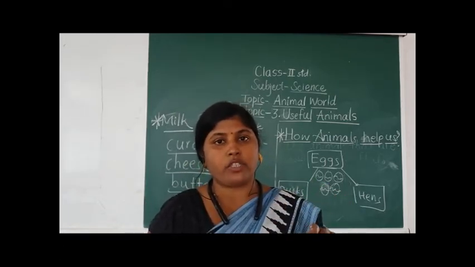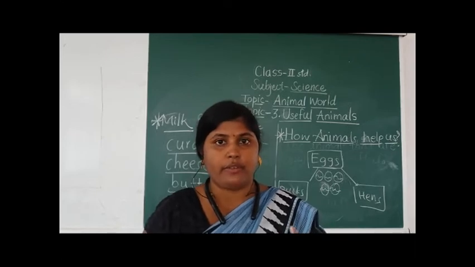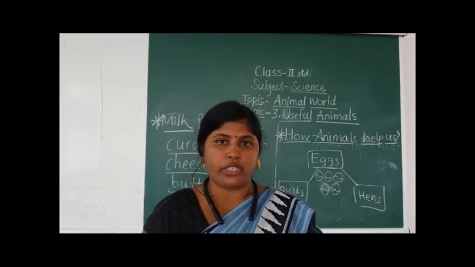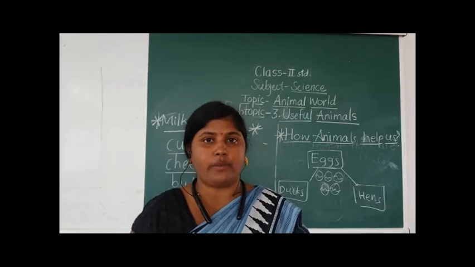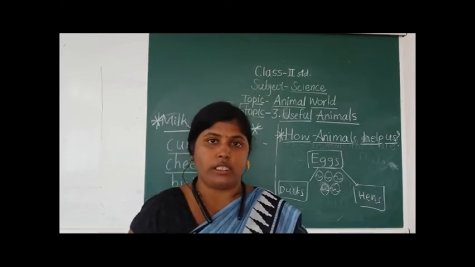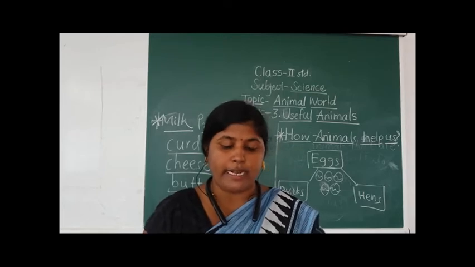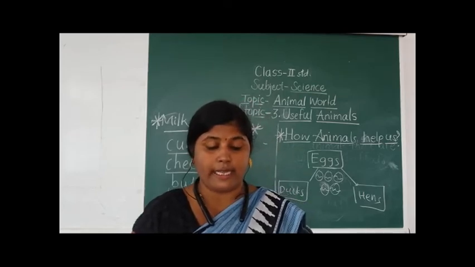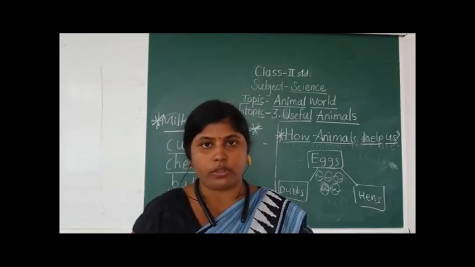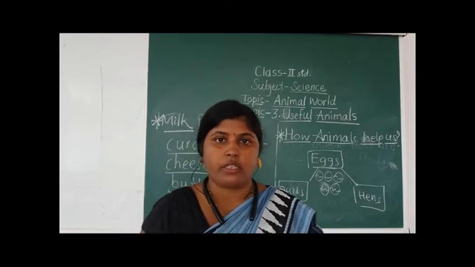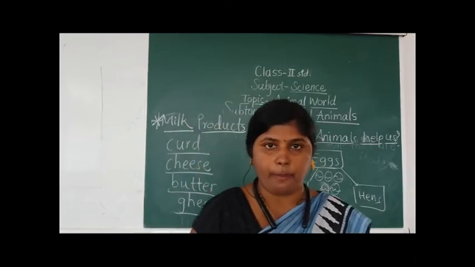So the threads which shine, okay, which have a different type of shine, that is the silk, okay, and it is lightweight also, and it is very costly also, okay. So silk is obtained from silkworm, okay, and silk is used to make different clothes like saris and kurtas. Kurtas means like your shirts, okay, or dress or tops, okay.